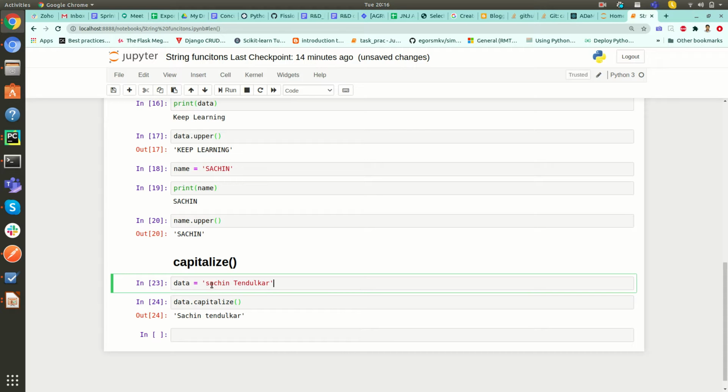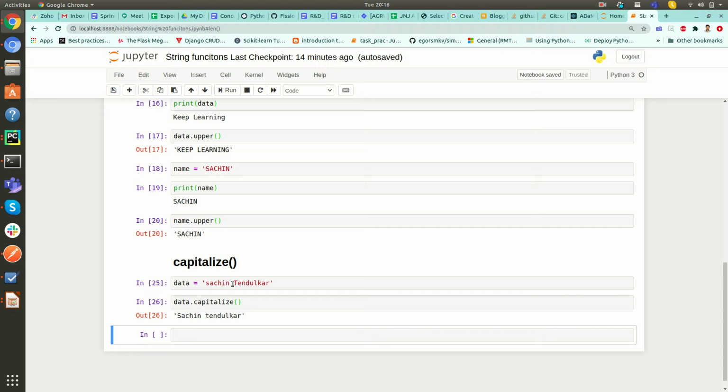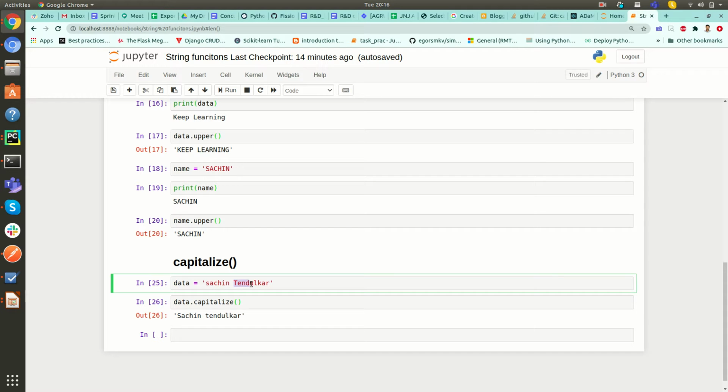Here in this whole string I have given only one capital, T. I am executing it, and you can see that even if you have given a capital character in other positions, it will convert into small, except in the first position. You can see S is converted into capital and the remaining are small.